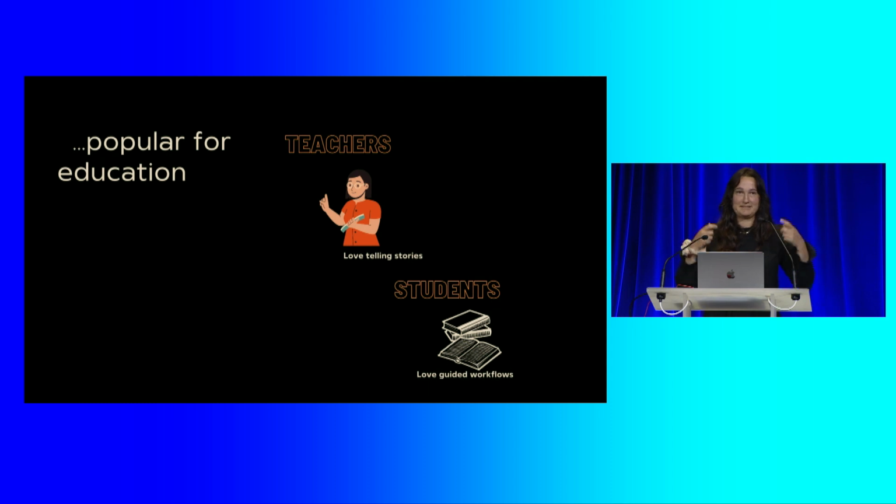Teachers want to tell a story to teach what they have to give to the students, and students want to know where the information is coming from and where they're going, so Jupyter Notebooks also work well with that. But it also came with a lot of challenges because users had really strong habits either in code editors or in